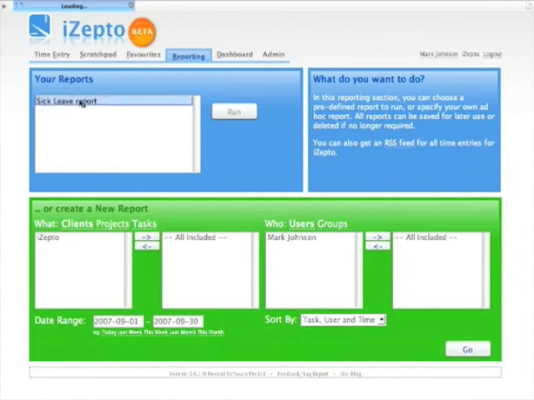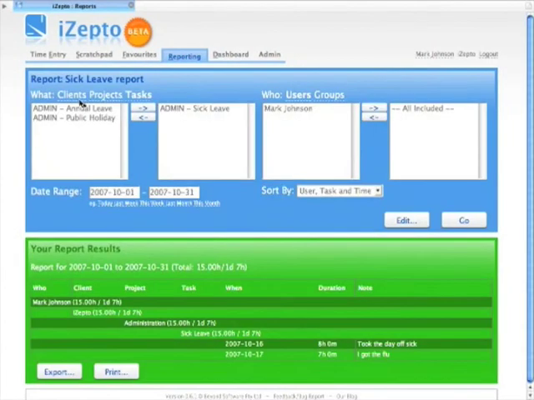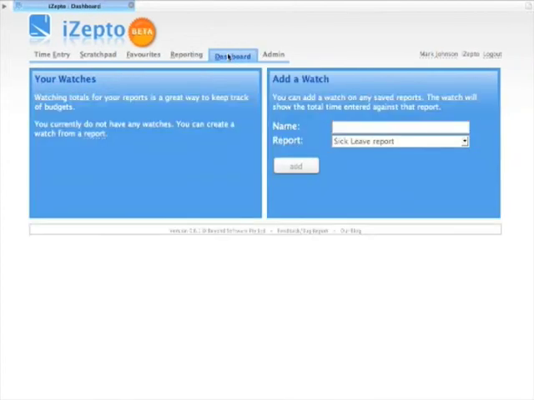If I ever want to run it, I just come to reporting, double click on the sick leave report, and it executes the report straight away for the current month and gives me the total reports. Another cool feature now is that if I want to just watch the total number for that but not actually run the whole report,